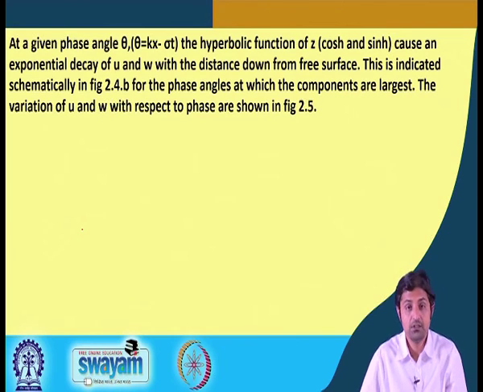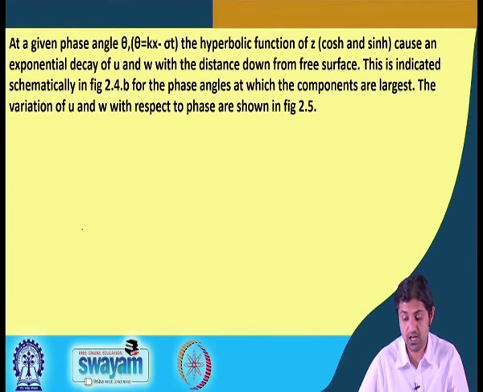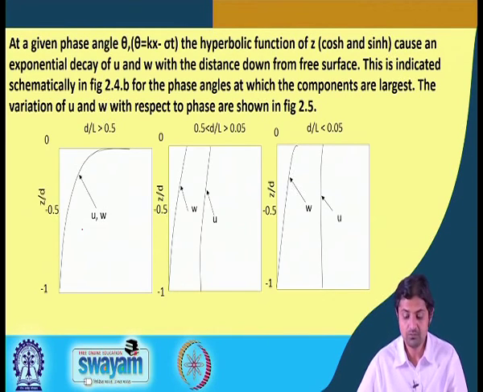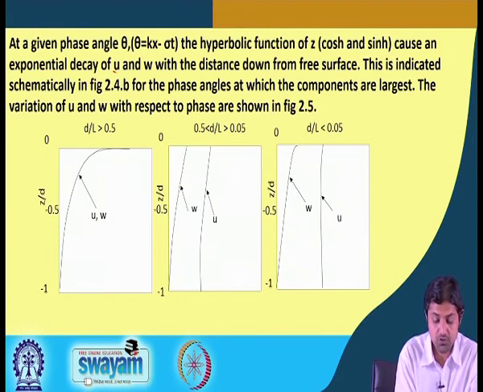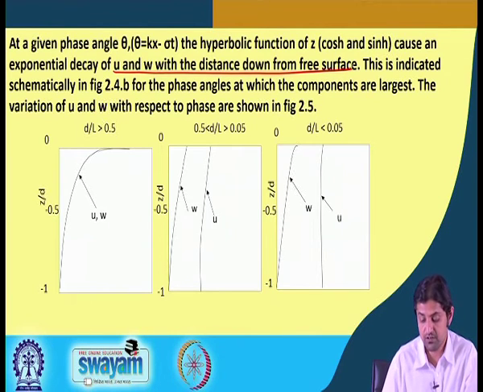Okay. We say at any phase angle theta, phase angle is kx minus sigma t. The hyperbolic functions of z, that is cosh and sinh, cause an exponential decay of u and w with the distance down from the sea surface. This is indicated schematically in this figure. Okay. These are just the findings. You should not put a lot of effort and concentration in finding these values, but this is pretty true, right, that there is an exponential decay of u and w with the distance down from the surface. All right,